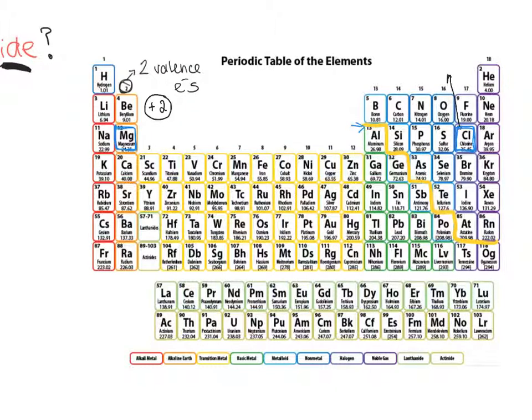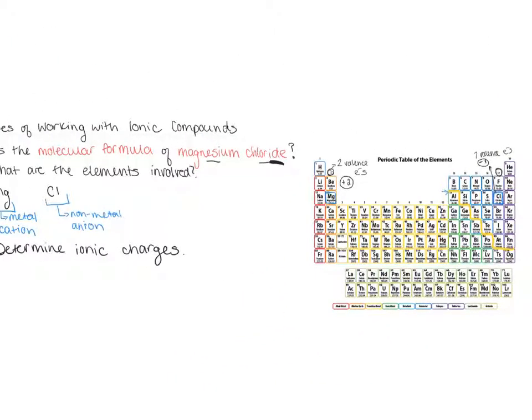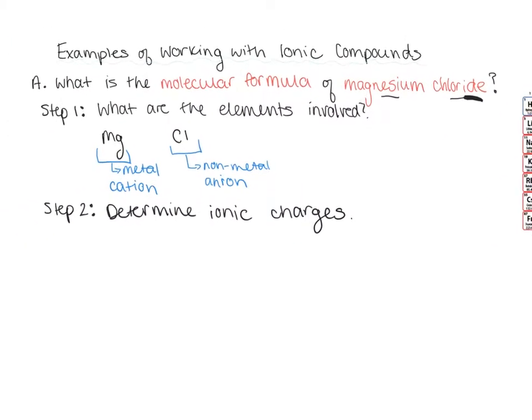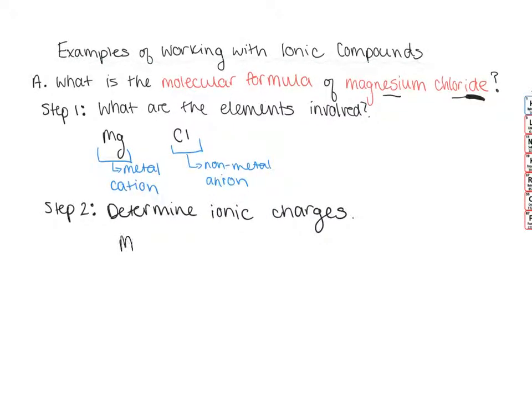Then we have chlorine over here, 7 valence electrons, because it's in group 17. And so chlorine is going to have a charge of -1 because it needs to gain 1 electron, or gain a negative, in order to have that full 8 shell. So we go back over to our problem that we're determining the charges, and we know that magnesium, based on what we just decided, is going to have +2. Chlorine is going to become a -1. So step 3